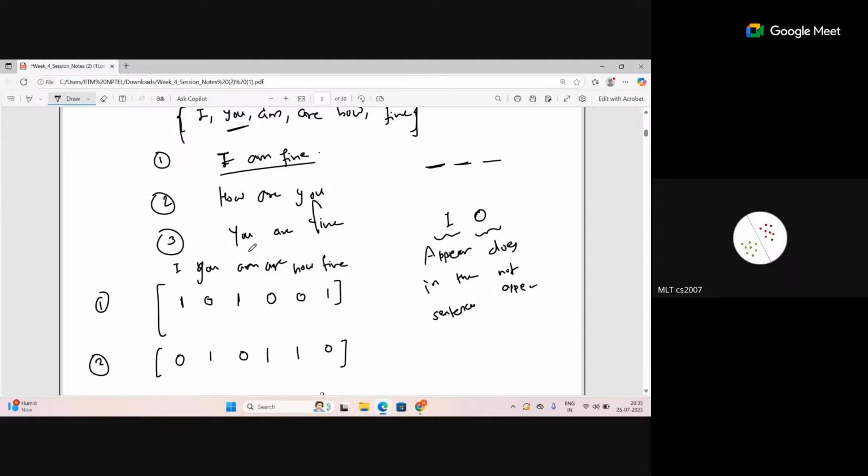By looking at these numbers, you will be able to understand that, although we are not able to understand the order, at least we are able to understand whether this word is present in that sentence or not. Here it looks like you, are, and how, but our exact sentence is how are you. Order is not captured here, but we can tell whether the word from this dictionary is present in that text, or in that email. Is that fine?